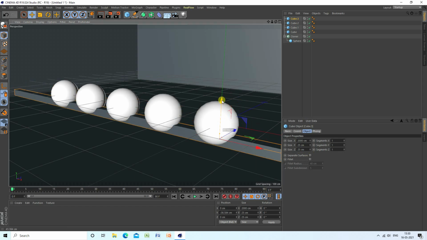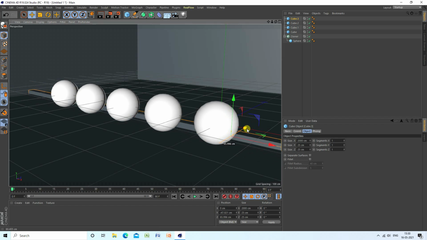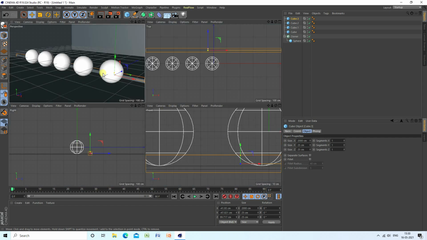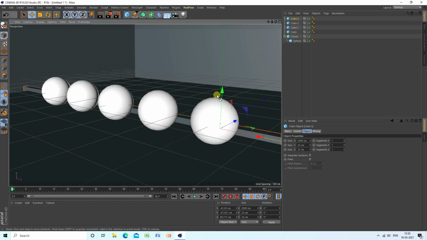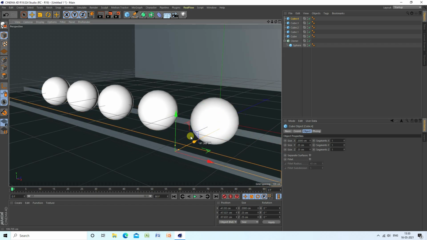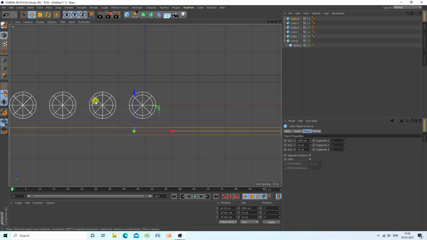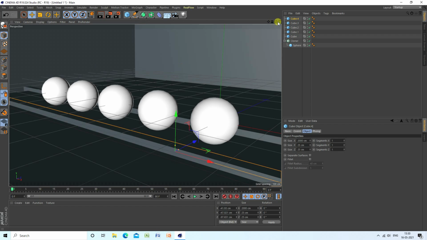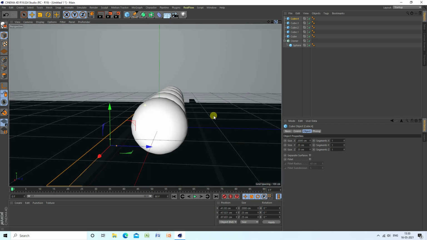So guys, apply on here, and guys, again select this cube and copy. See guys, that's my simple composition. Composition is really good, simple, right?